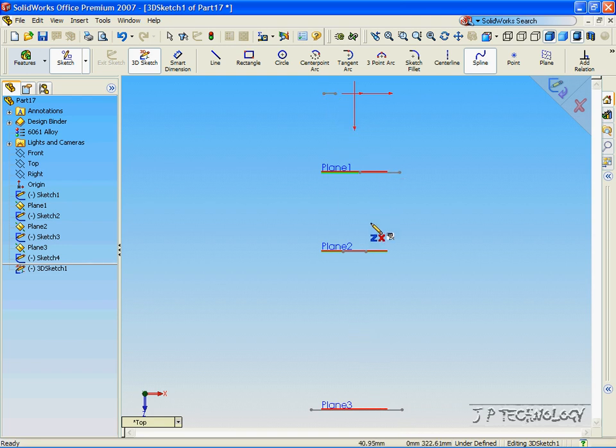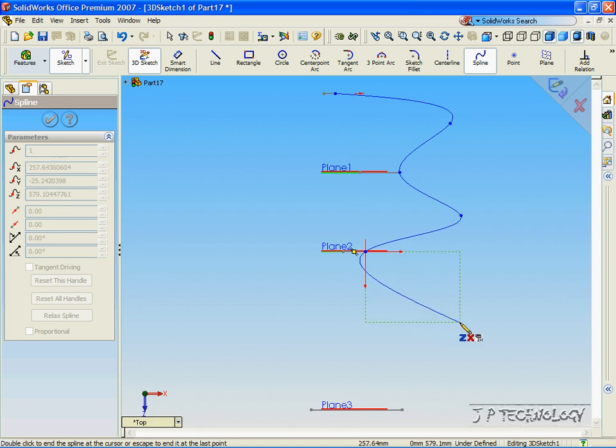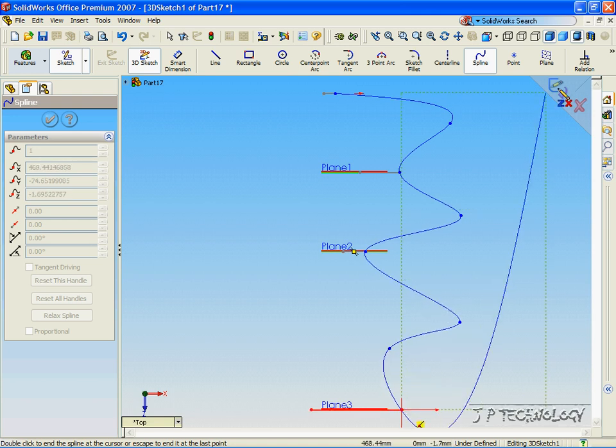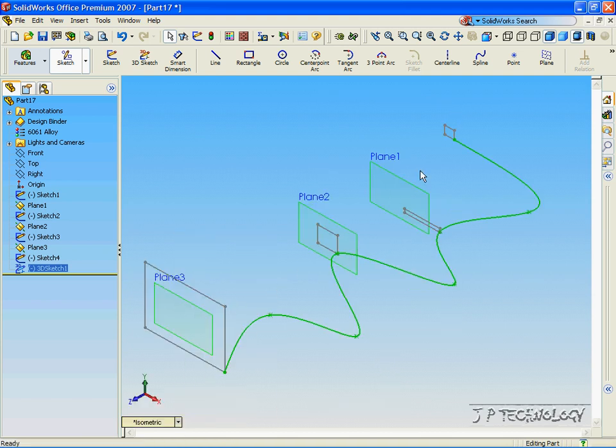Naturally, it would go through such as that, but for this tutorial, let's exaggerate it a bit. Click accept, click isometric view, and you can see this is the path that we're going to make our sketches